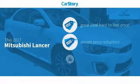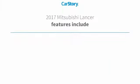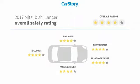Car Story research indicates this vehicle as being a great deal that is hard to find at this price, a reduced price, and loaded with features. Features also include cruise control, fog lights, rear view camera, steering wheel controls, hands-free Bluetooth integration. With these ratings,